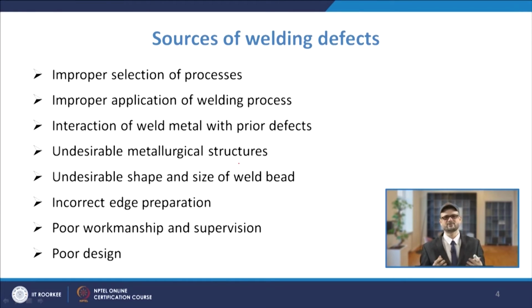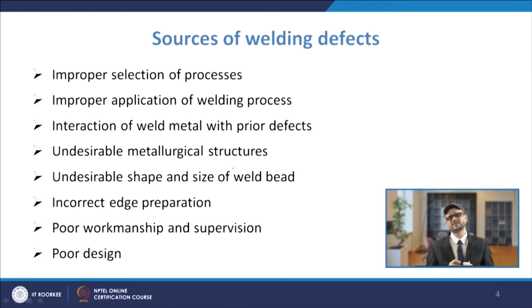In welding it is very likely, if you do not control properly, that your grain size will be coarsened. So, that will have implications on the properties of the structure. With respect to grain size and hardness, you may have undesirable macrostructural or metallurgical structures, and